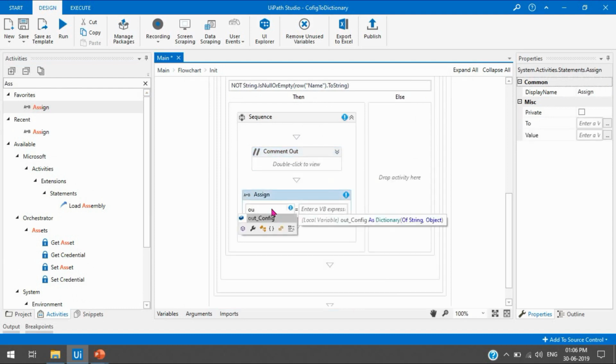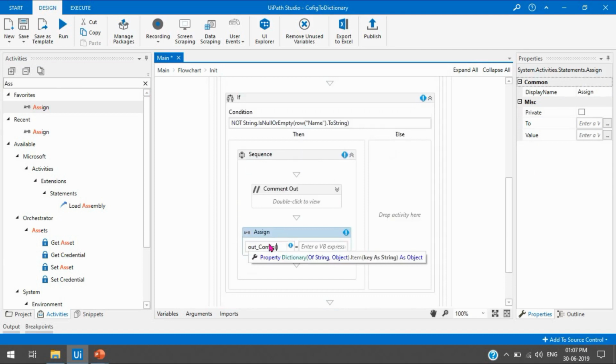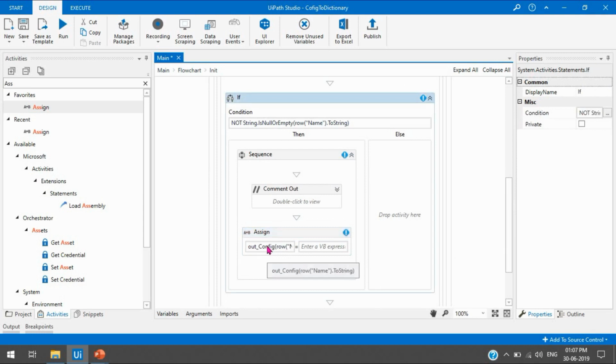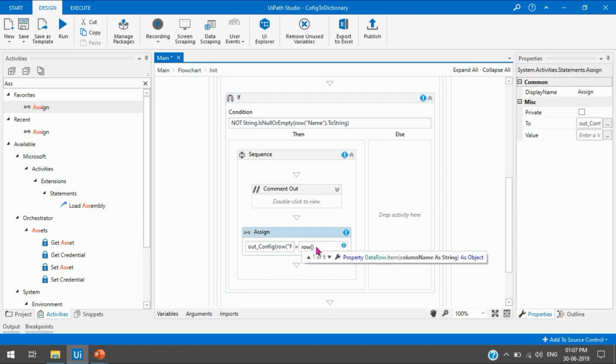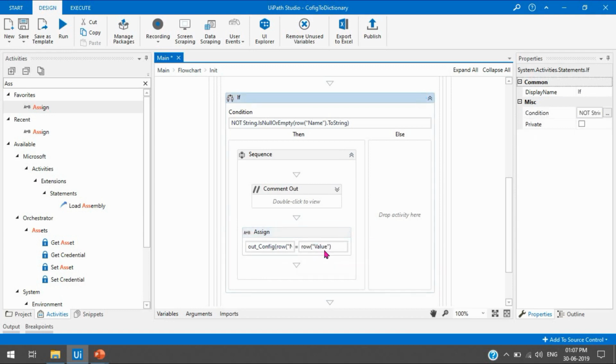So this will be out config bracket row, and then in double quotation name, and then here we have to string. So in the to section we can take a name, and in the value we can take a double quotation value. By this way also we can pass the value to the key. It will work the same as that.